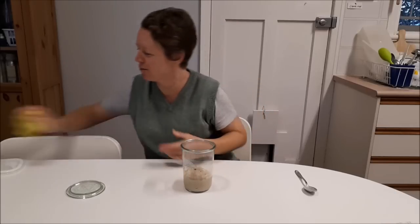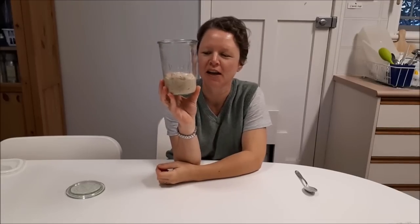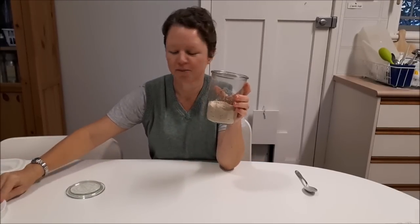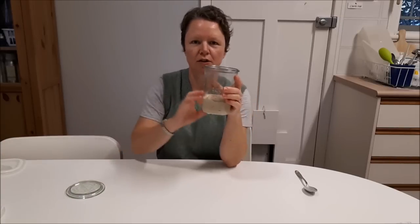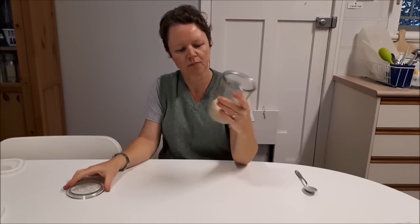So this cloth is pretty clean. I just usually wipe my rim. So there's my starter. It always comes up to the bottom of the strawberry, and that's about all I do. So that's exactly the same amount of starter that that made that much before. So that's all I do. I mix my dough up, and I've got my starter,